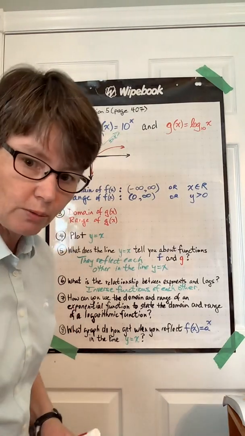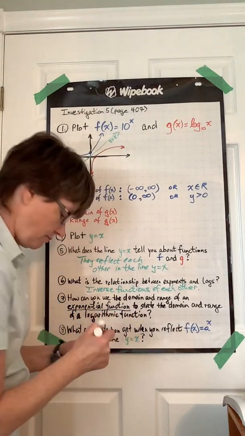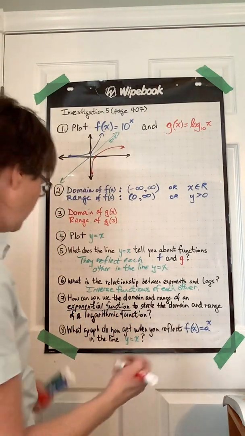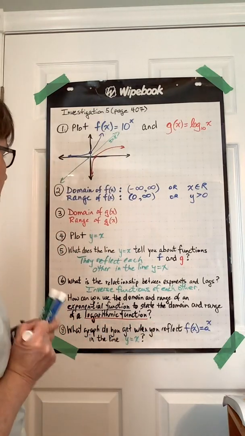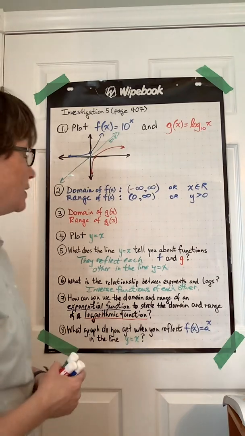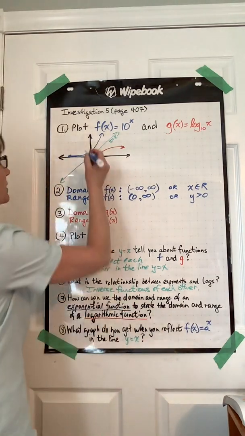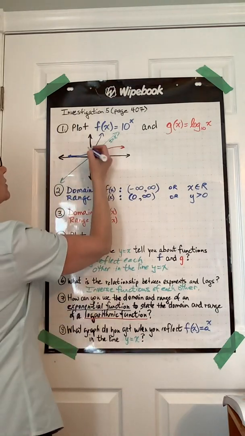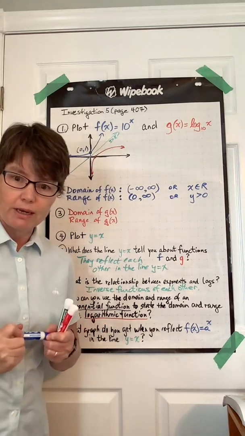Okay, so remember our blue one is the exponential function. How can we use the domain and range of that to state the domain and range of our logarithmic function? Okay, so down here, if you remember, let's just pick the y-intercept here of our exponential function, and that's going to be 0, 1. And when we inverse that